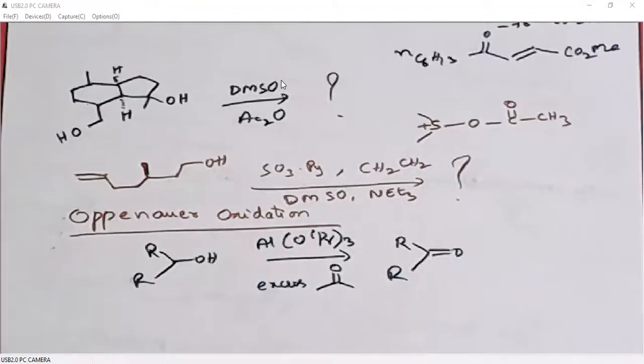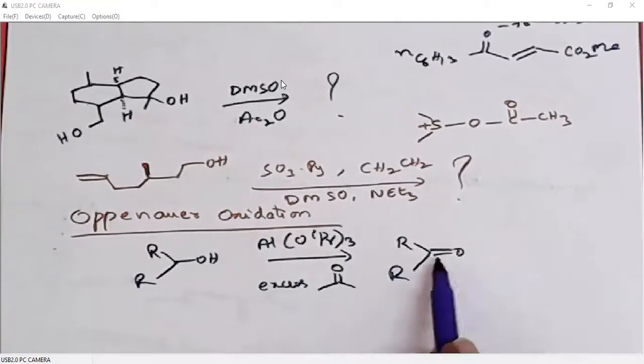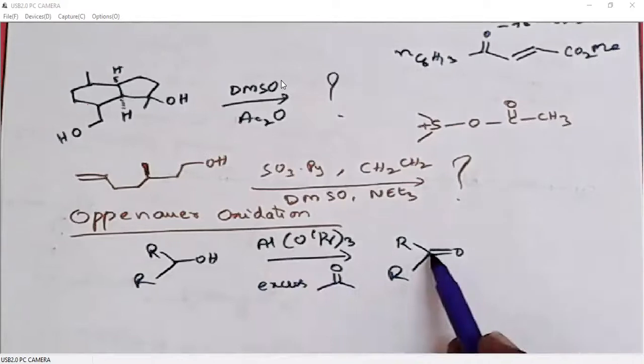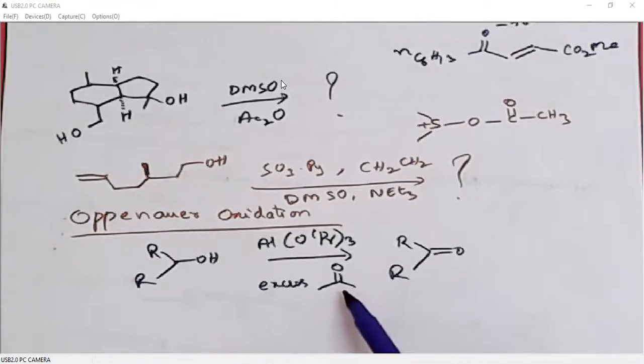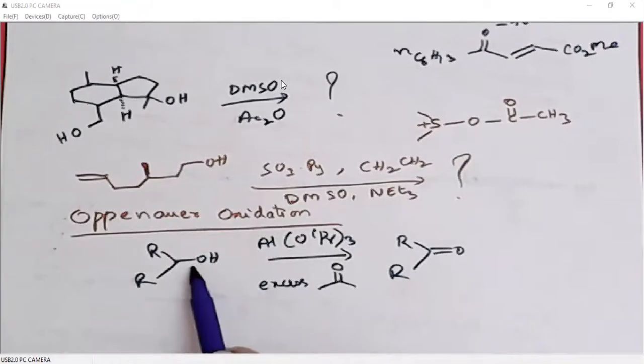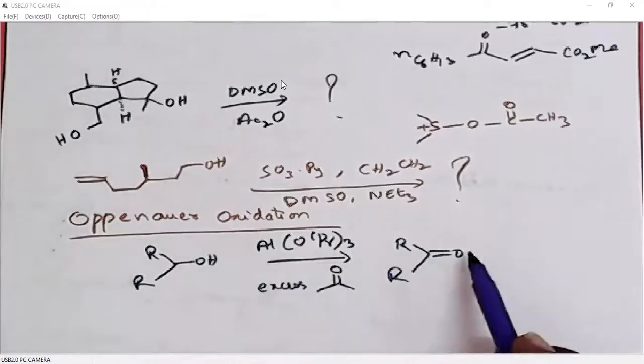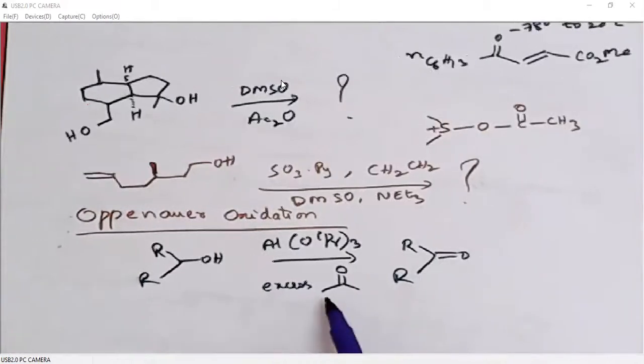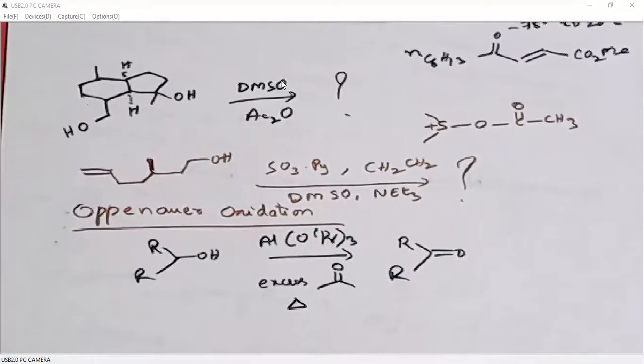Okay. So we need to get a carbonyl from an alcohol, which means it is getting oxidized. We need to have a counterpart which should get reduced. For that we use a ketone. Generally we use acetone because it is cheap. So when we use an excess of ketone, the alcohol, whatever our reactant, will undergo oxidation to give the carbonyl. Acetone will undergo reduction to give isopropanol. Okay. So of course we also heat this.